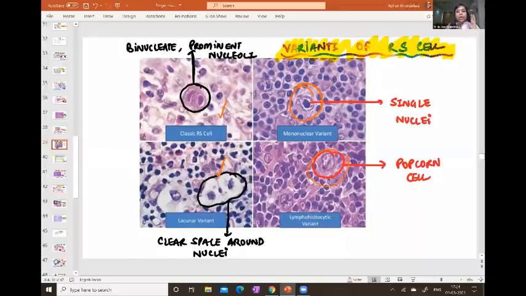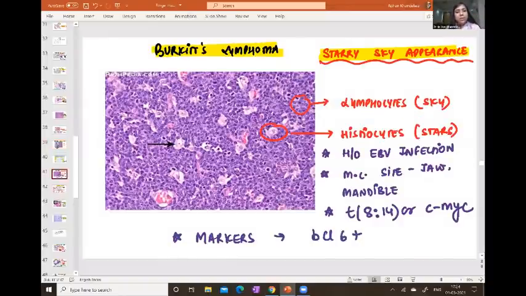Next. This slide also has been asked in the AIIMS exam a lot of times, and I'm predicting in future FMG, in a clinical pathologic question, this image can be asked, right? This lymph node biopsy shows something which is called a starry sky appearance, right? Again, the imagination and the observation of a pathologist. See students, can you see these bluish, purplish background which is there? This purplish background is actually the lymphocytes which I can see, right? Now these lymphocytes form the sky of the starry sky appearance.